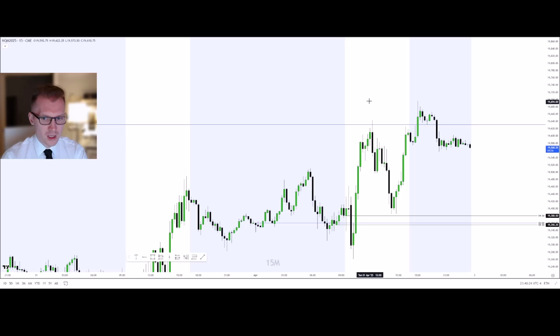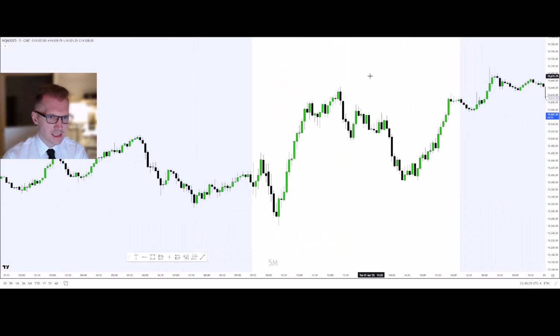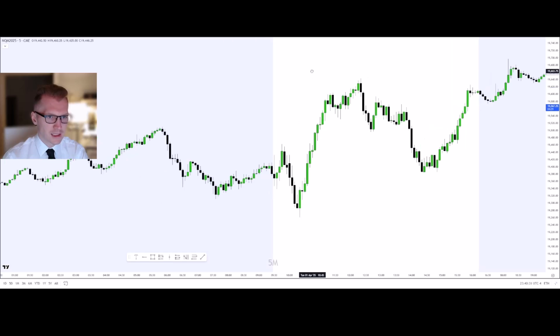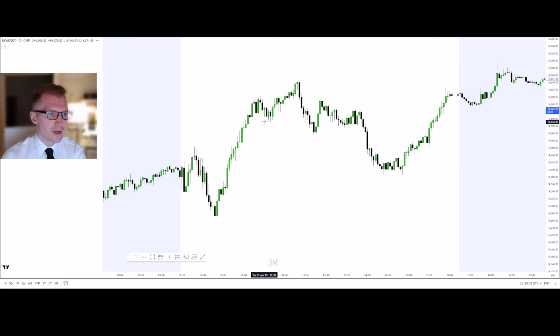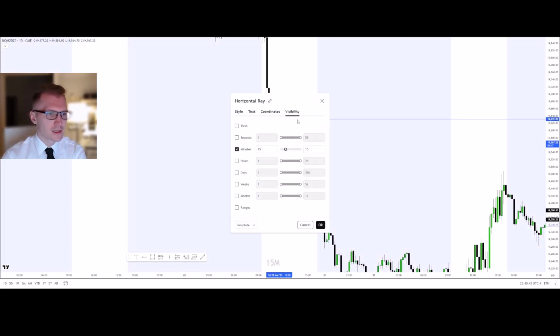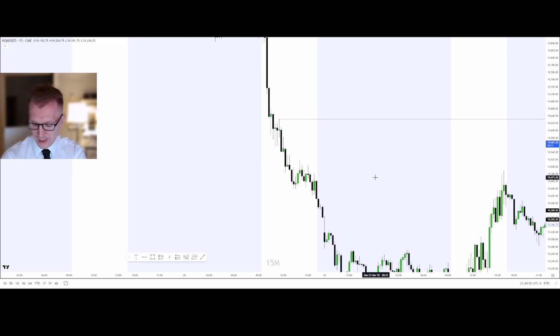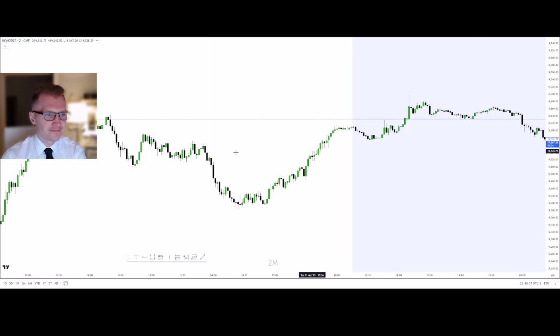Let's go down to 5-minute time frame, 4-minute time frame, 3-minute time frame. Yeah, let me bring back this so that you can see on lower time frames as well. Here you go. So 3-minute time frame, 2-minute time frame,